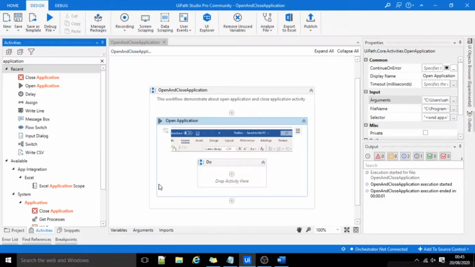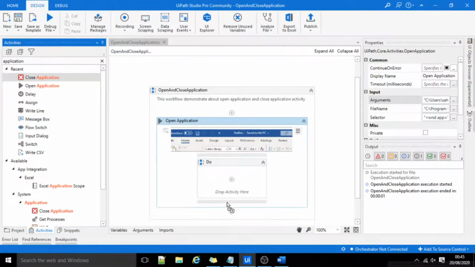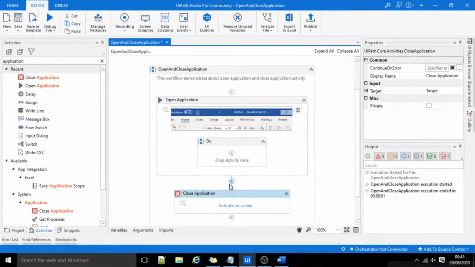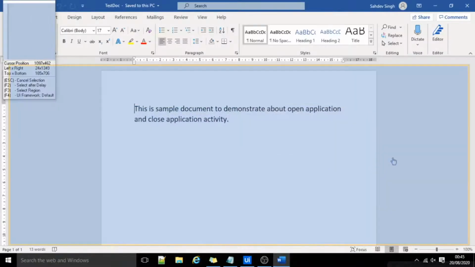Now I'll explain about the close application activity. Here in close application, I'll click indicate on screen. I'll click on my Word file.